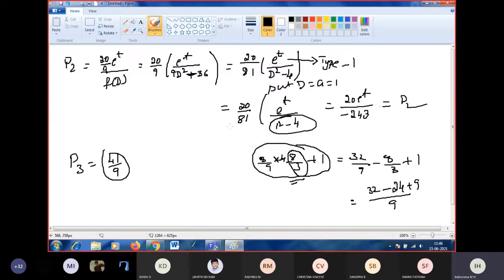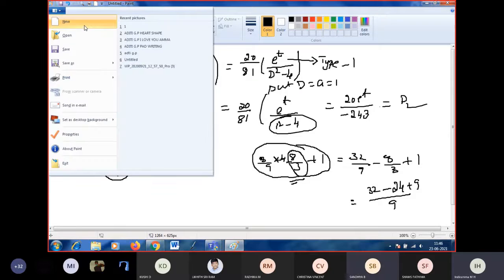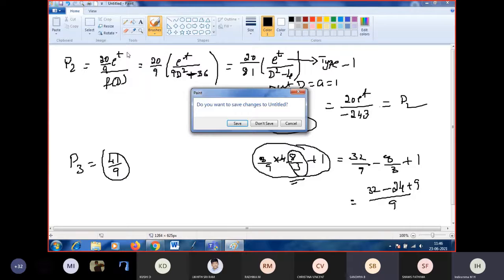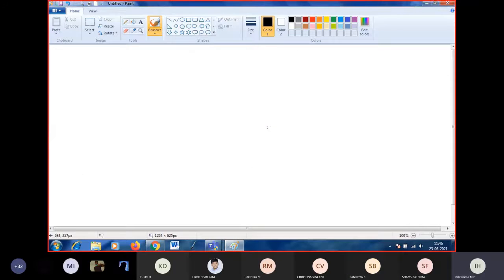Is it right? Yes, ma'am, 17 by 9. So I will explain it. What we have in the RHS is, please make the correction. We have in the RHS 8x square plus 4x plus 1. Is it right, the RHS part? In the starting I am telling.